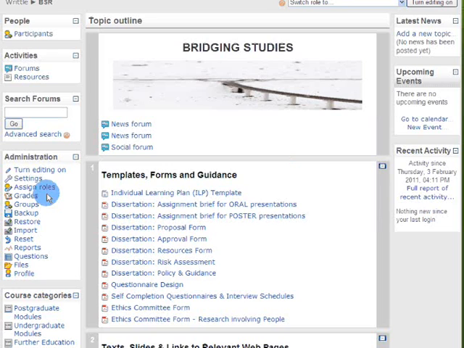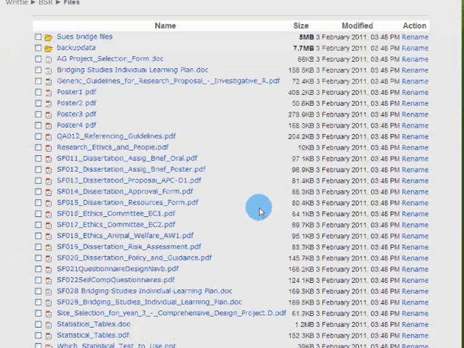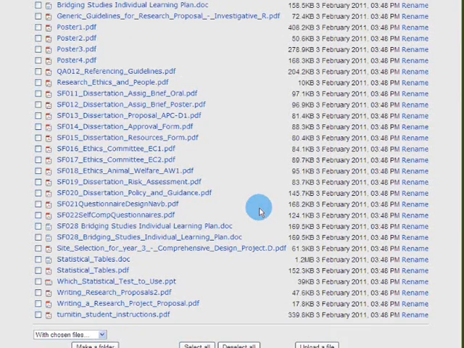most files folders are actually under the administration. So if we go in under administration, scroll down, we can see files. So we select that. And here we have all the materials that we're using on our course. As you can see, if we scroll down, we don't have to scroll down much to see them all, and